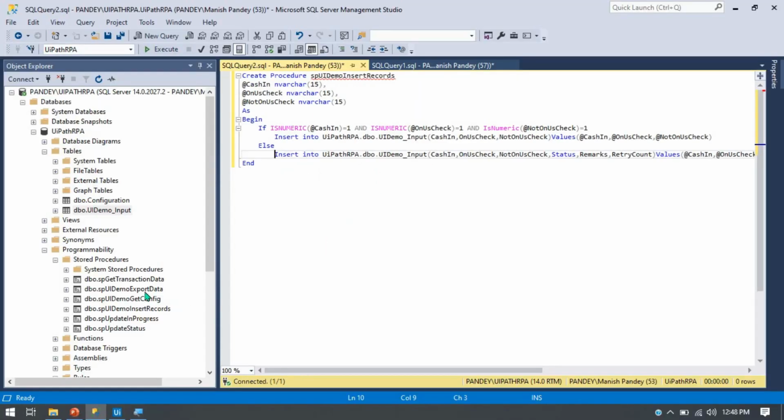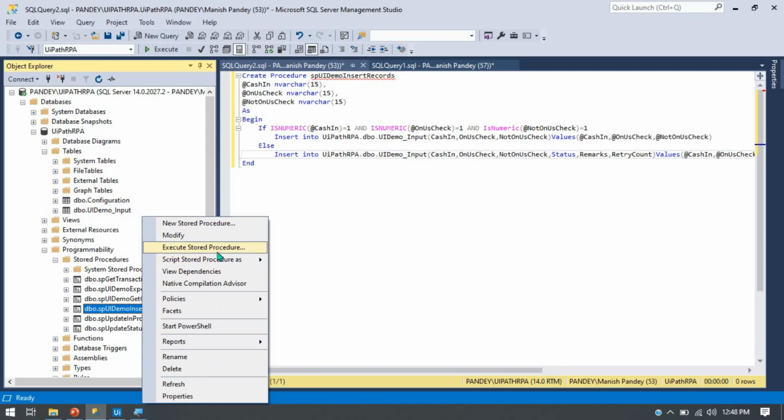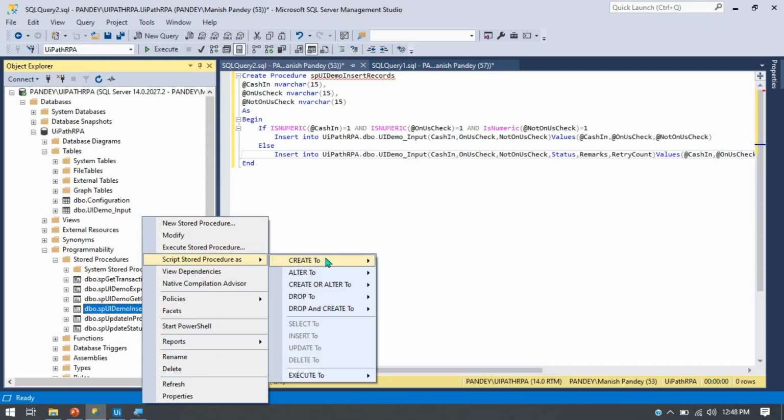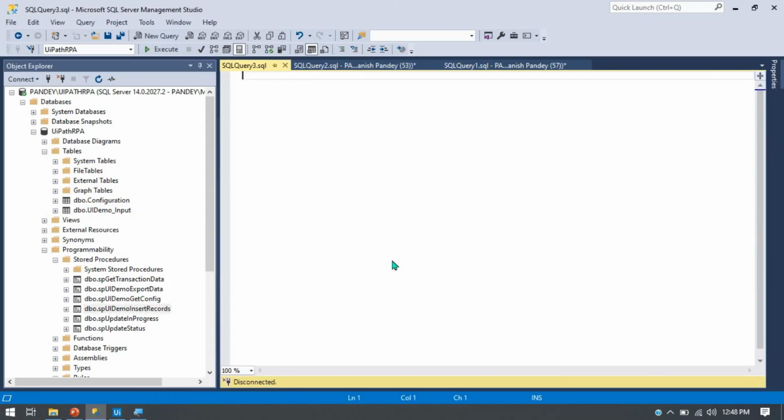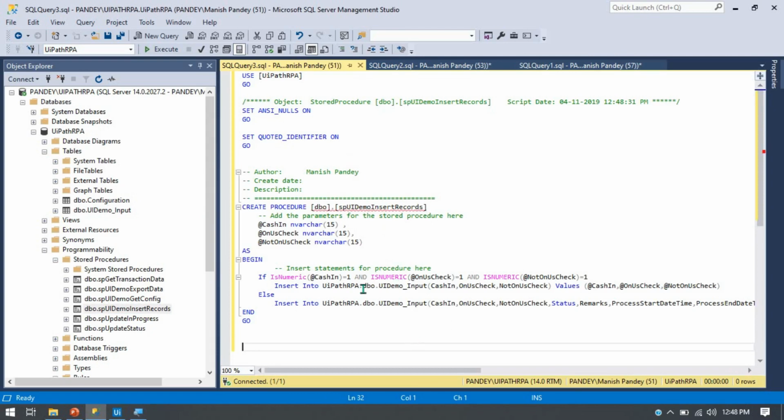Same thing I have written in the insert records. I am just going to show you. So we are passing 3 parameters, CASIN, ON US check, NOT ON US check. If is numeric CASIN 1, is numeric ON US check 1, is numeric NOT ON US check 1, then insert this, otherwise else part insert these things. Okay,